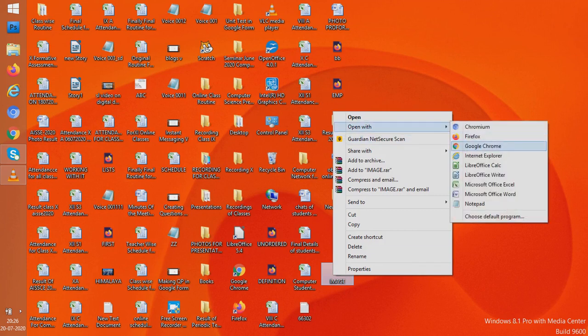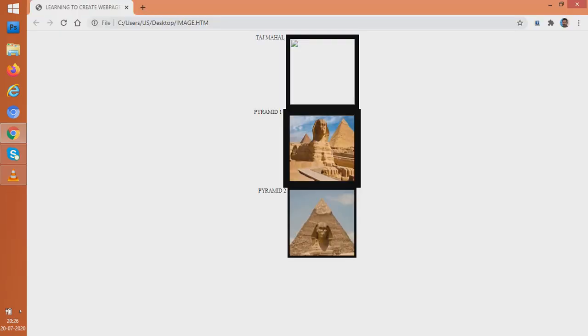The image of Taj Mahal is not coming. Students, it is not coming. And within this nothing, if we put our arrow over it, nothing is going to be shown. But suppose if such a mistake occurs, I want to help the viewer of my web page by some statement here. Suppose I want to write, sorry, the image is not present. This statement I want to write. How shall I write that statement?